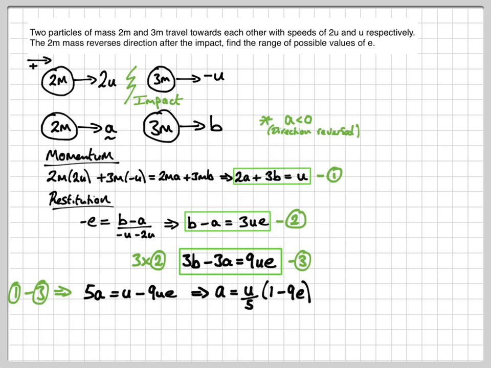Okay, so I've done that and I've tied it up a little bit. Just check carefully at this point that you follow the algebra. I've solved this for a because now I can say that a is less than 0, which gives me this